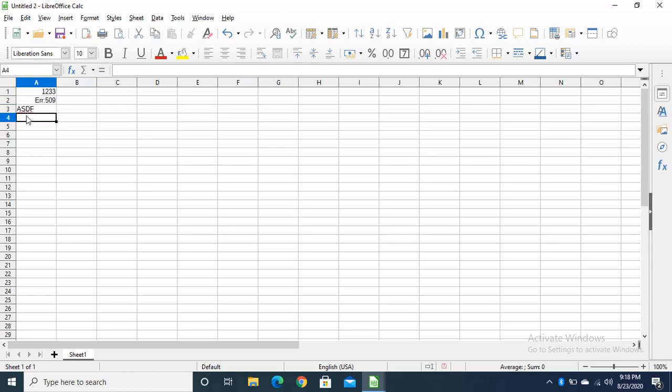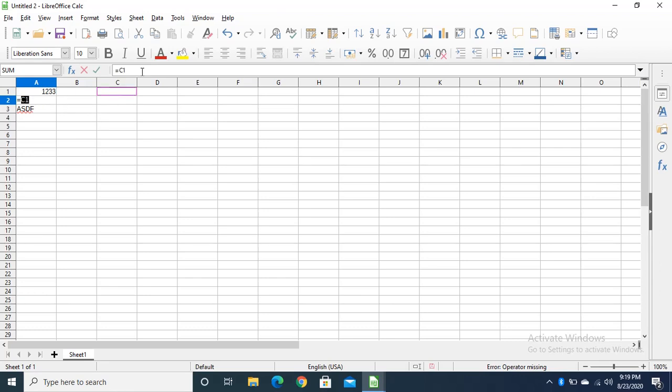Then is formula. Formula is something like =A1+A2. This is a formula. Okay, it is showing an error. The reason is I have put some invalid values here. Just wait. Okay, I have put a special character, so it's not showing.